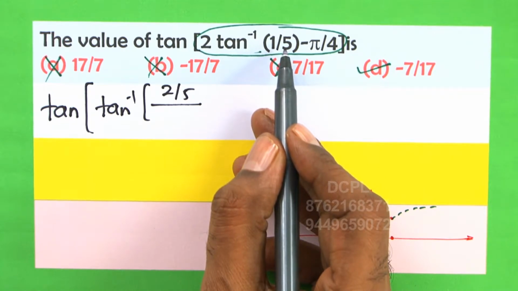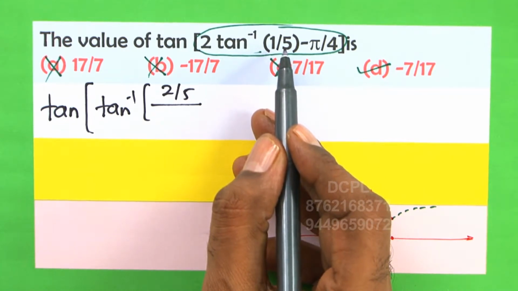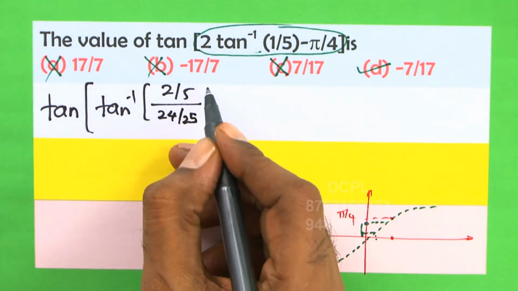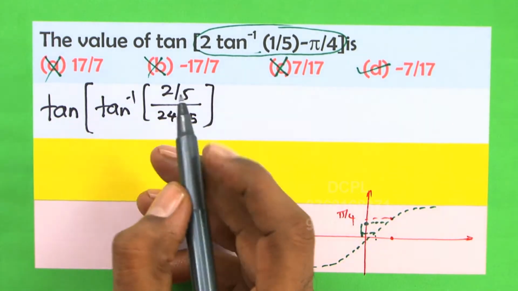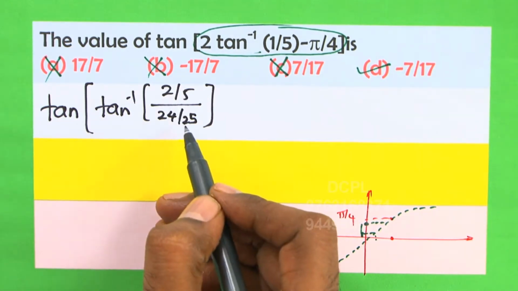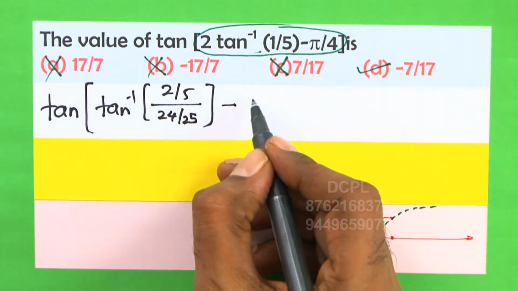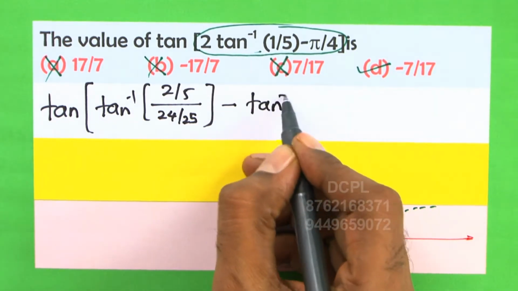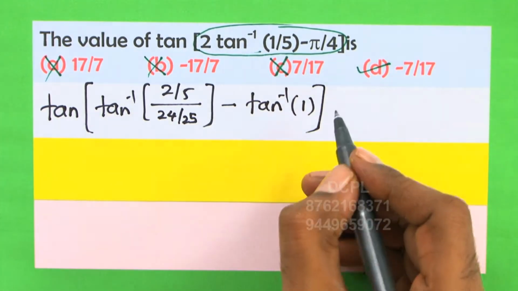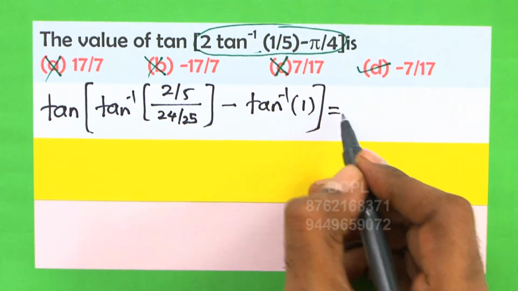Correct? 1 minus 1 by 25 is 25 minus 1 by 25, that is 24 divided by 25. I hope you have understood this. Tan inverse of 2a divided by 1 minus a square minus tan inverse of 1. I hope you will not ask me why are you writing tan inverse of 1 here. So that is equal to